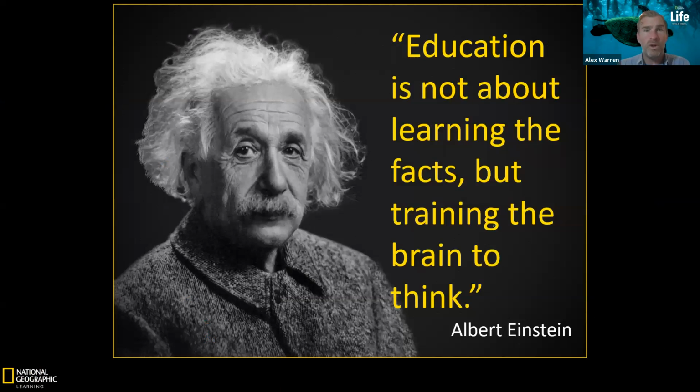So I just want to finish with a quote from Albert Einstein, who knew a thing or two about thinking. And it's this: education is not learning the facts, but training the brain to think. So incorporating visible thinking routines on top of what we are already doing is really, really important, because that really is the end goal of education.